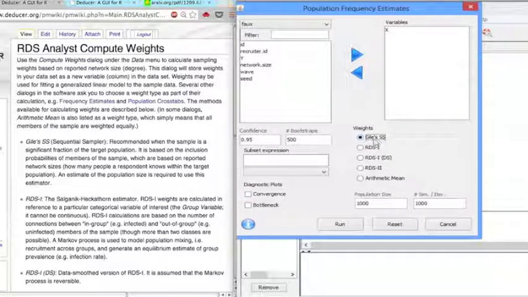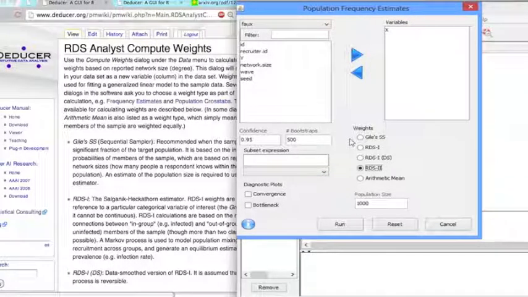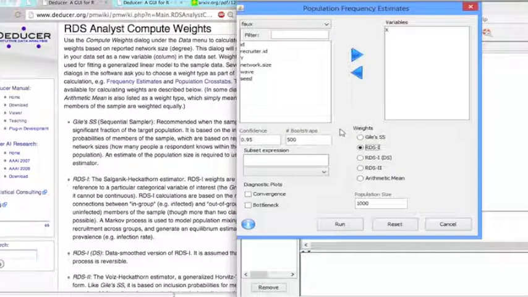Both Giles and RDS2 base their estimates on reported network sizes and inclusion probabilities for individuals in the sample. So they follow along with more classic survey sampling techniques like Horvitz-Thompson estimators. On the other hand, RDS1 uses a Markov process to make its estimates, and in terms of the data, it's based on the number of connections between, if your variable of interest is X, those who in this case are red and those who are blue. And it tries to get an equilibrium estimate of in the population, the percentage red, percentage blue, based on those